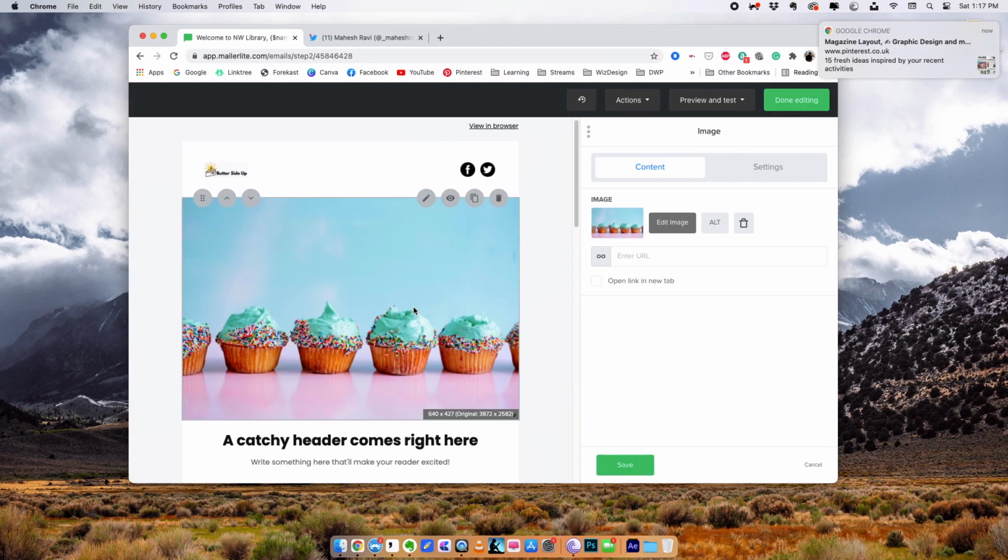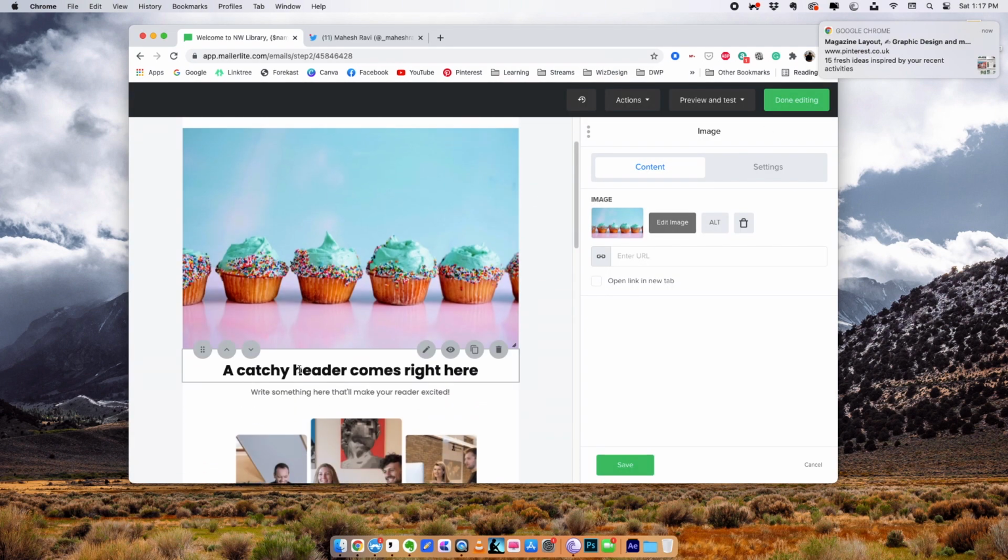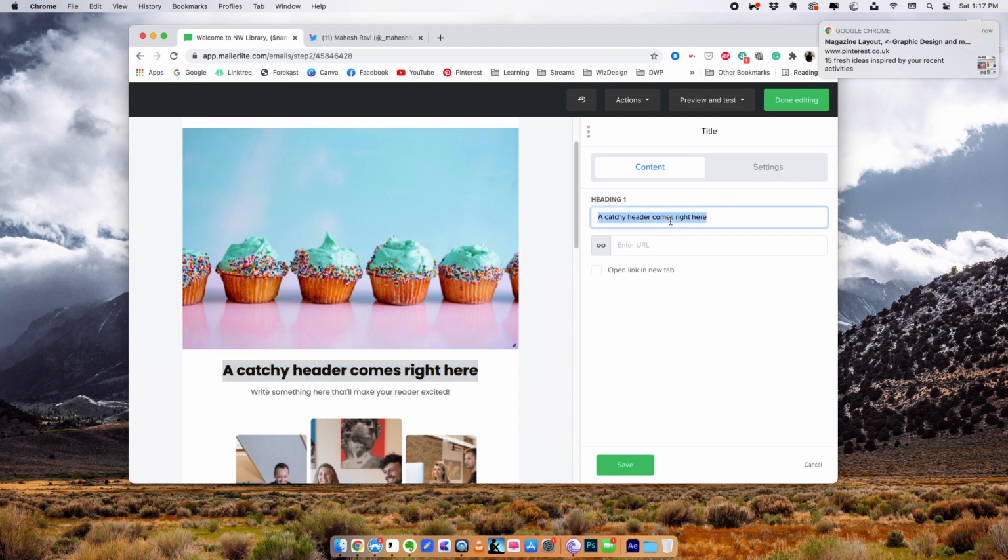So once we have that, we have our image also. Now we can play around with this. So if you want to change the text in here, you cannot directly edit in this workspace. You have to come here and you have to change the options right here. So I'm going to just write in